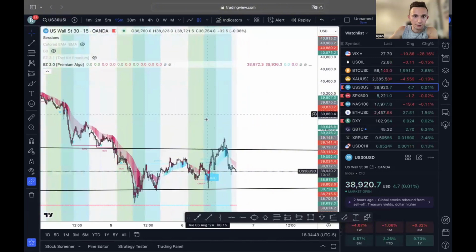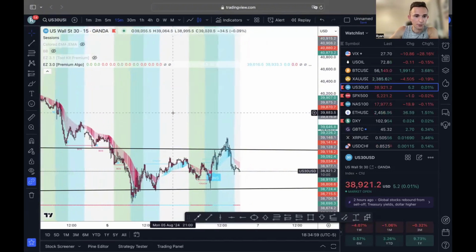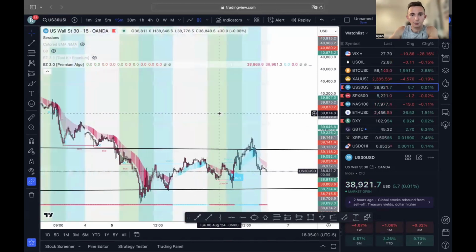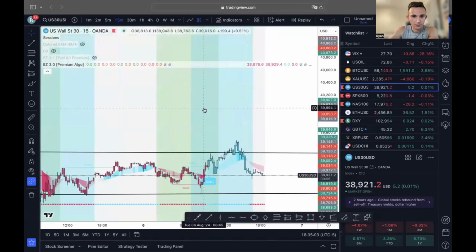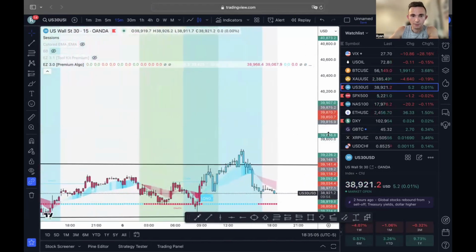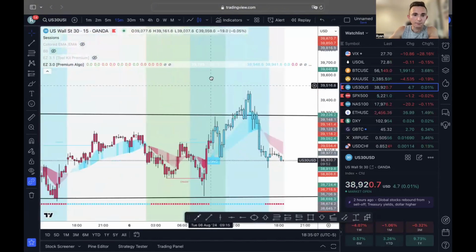This dark green area is what I call the green light to trade zone. This is the mix of London session and New York opening, and then the end of New York is right here. So this golden zone right here is the best time to trade, in my opinion. It's when the market is the most volatile. We're going to jump into today's trading session, and I'll show you some opportunities that I got to the buy